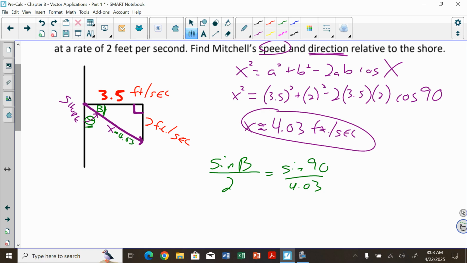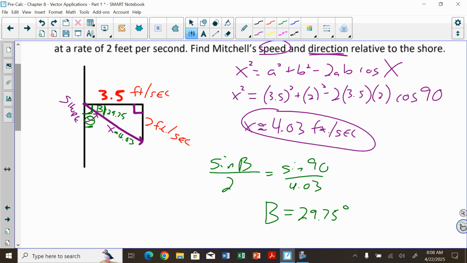I'm going to end up with angle B equal to 29.75. Okay, but that's right here, right? 29.75. Okay, and then I also know that this whole measurement from here